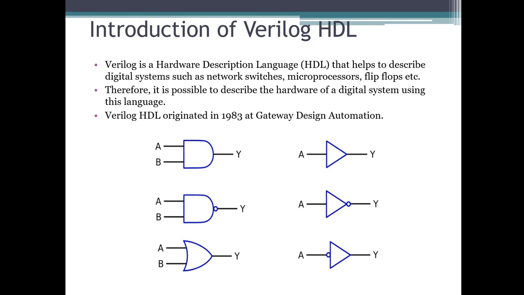As I said, with the help of Verilog, you can design any gates, any flip-flops, any mux or demux kind of things. You can even design counters. Whatever digital circuits you have read in the digital part, you can design with the help of Verilog. So Verilog is a kind of design language, a hardware description language. And with the help of this, we can also verify those designs. How we are going to verify, we will see in the later part. Verilog hardware description language originated in 1983 as Gateway Design Automation.